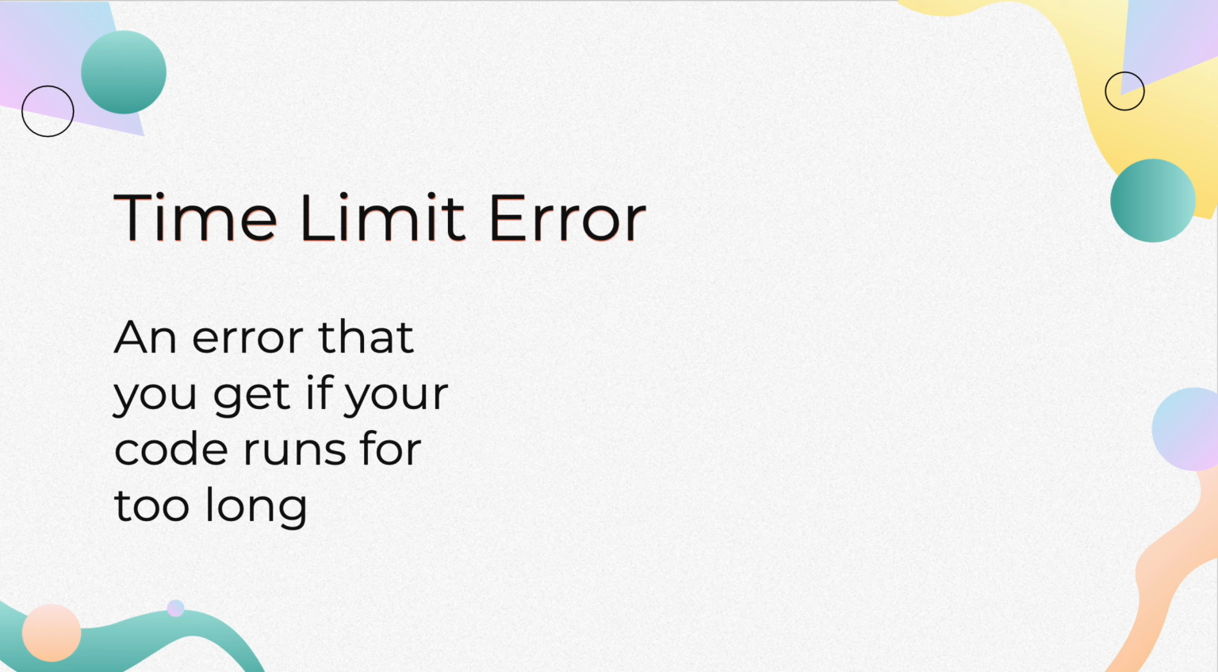A time limit error is an error that you get if your code runs for too long. For example, if I asked you to run 1,000 miles, would you be able to do that? I don't think so because that's way too long. So you can't get a code to do something for too long. And as you'll see in the future, time limit error is very apparent in